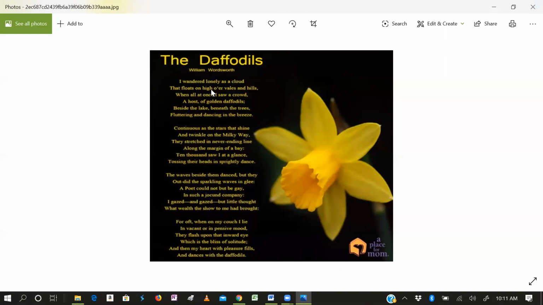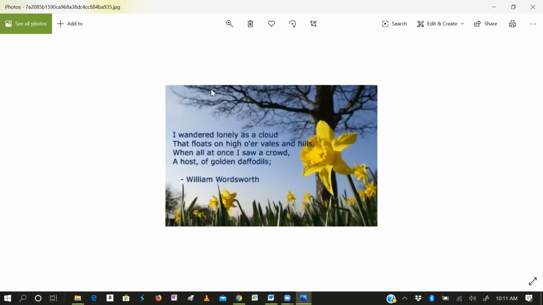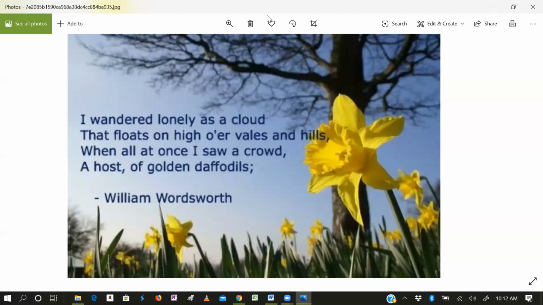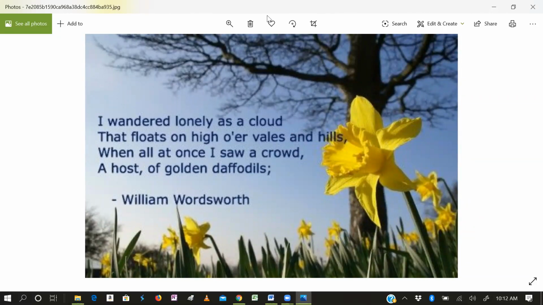The daffodils. Okay, we have read this poem. The daffodils, these are flowers. You can see the yellow. These are grown up near the lake, under the tree. Okay, you can see it easily in this picture. Look at this, I'm getting closer to you. You can see the beautiful yellow flowers.